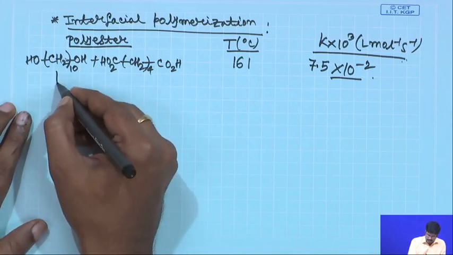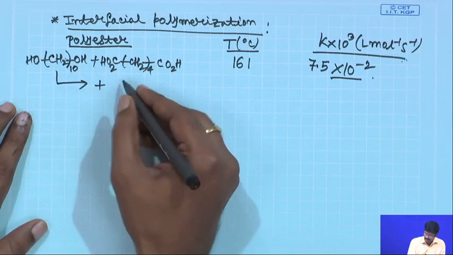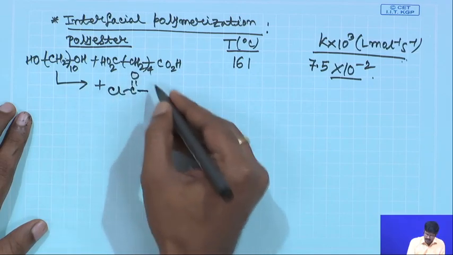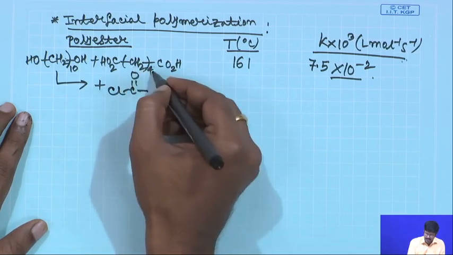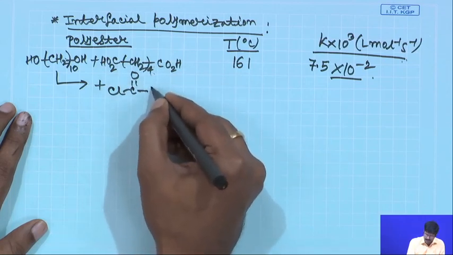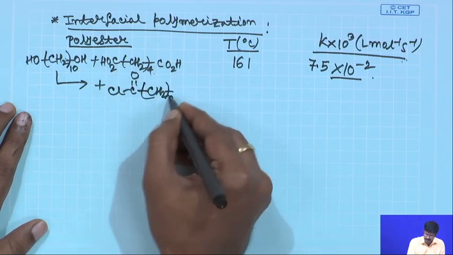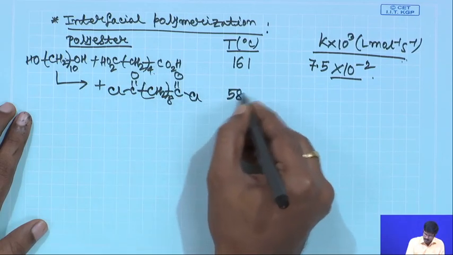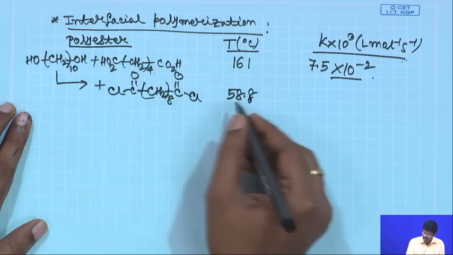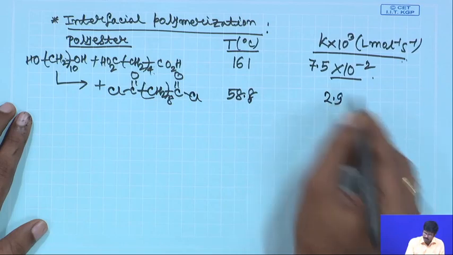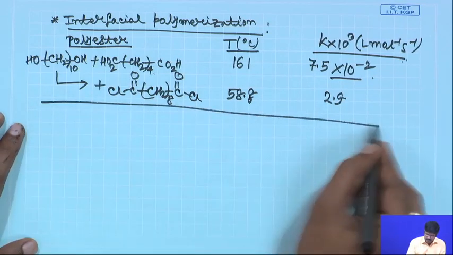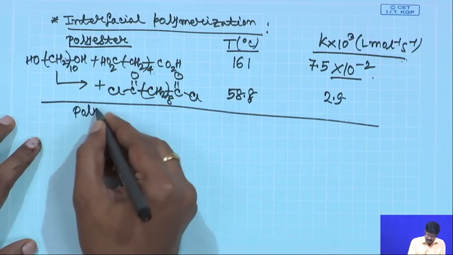However, same alcohol, if you react with an acid chloride, the data are not available for CH2 whole 4, instead it is available for CH2 whole 8, but the principle remains the same, and I will tell you why. You can do the reaction at a much lower temperature and the rate constant is at least 2 orders of magnitude higher. Same situation, if you are looking at polyamides,